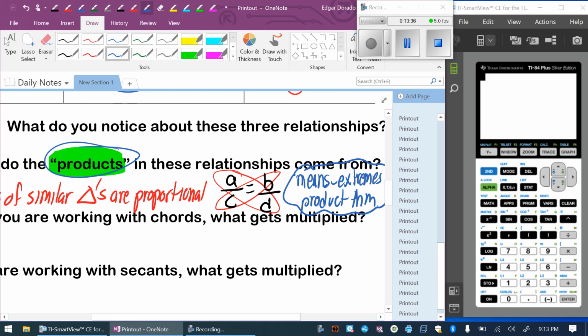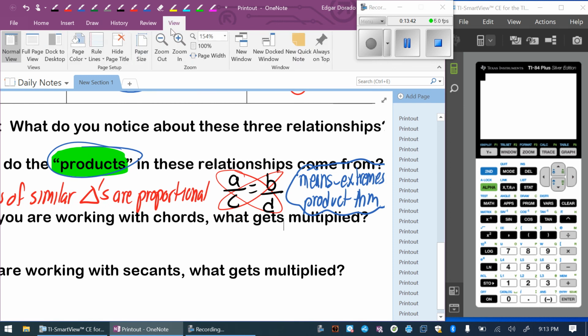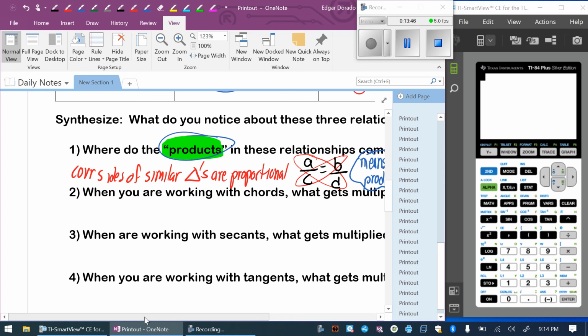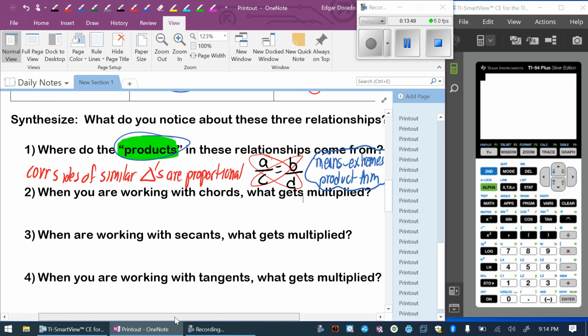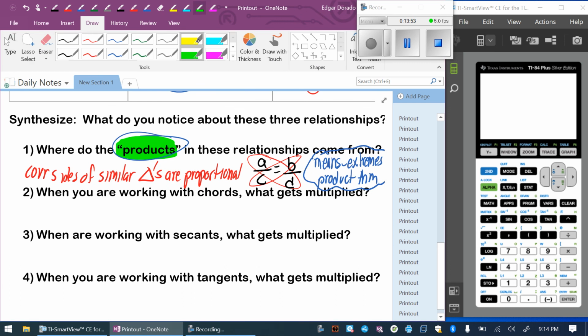We would just basically use similar triangles over and over again, and we can prove every single one of these theorems. Now, maybe for a later video, guys, if I have a little bit more time, I will go ahead and prove that to you. But for now, let's keep going. It says when you are working with chords, what actually gets multiplied, guys? Well, when you're working with chords, like if I have chord number 1,